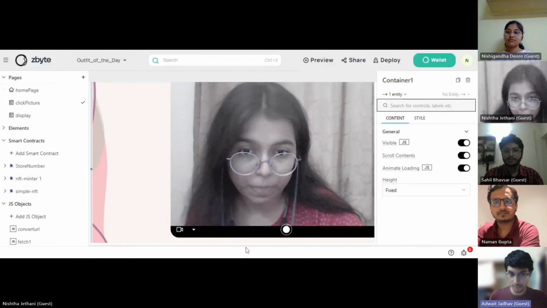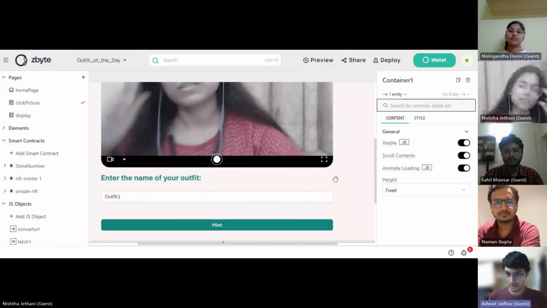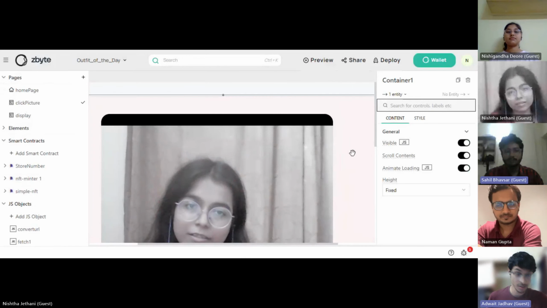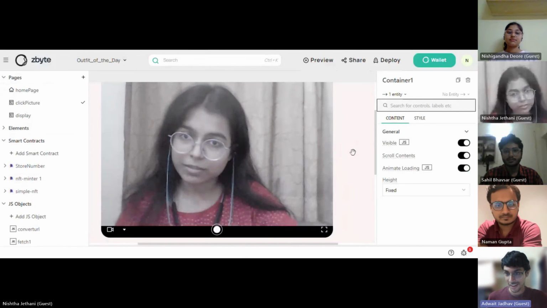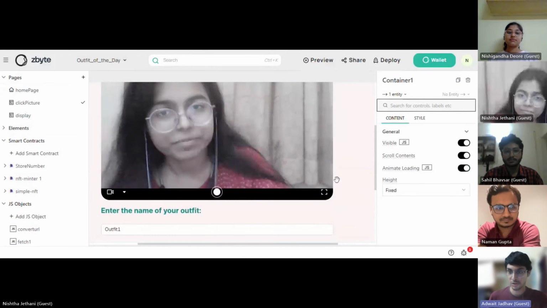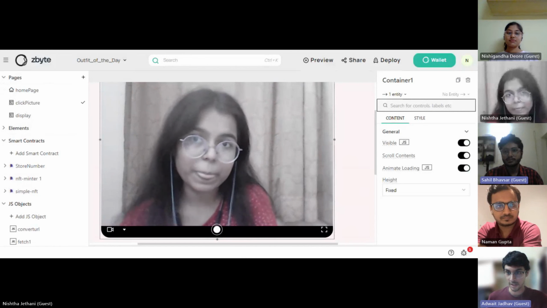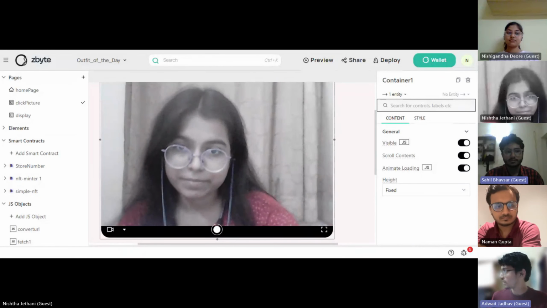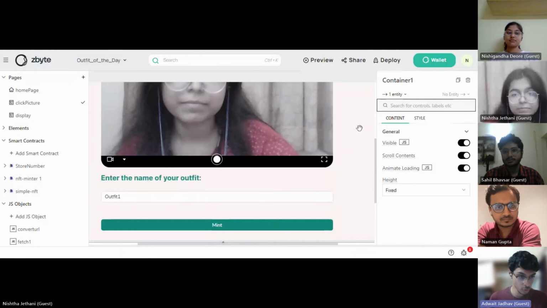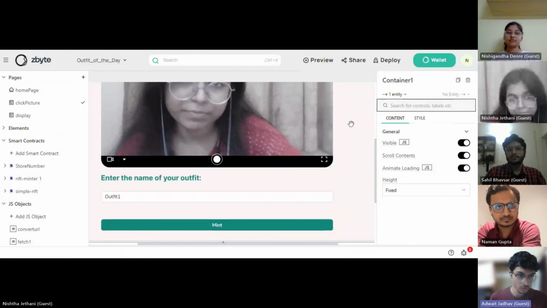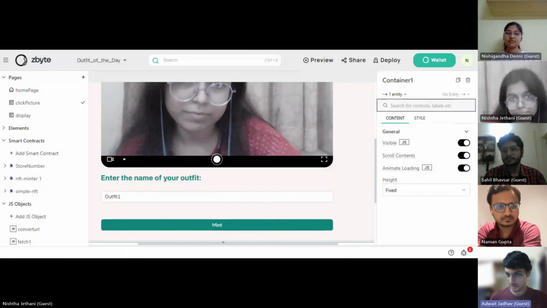Then came the click picture page, which required the most extensive backend of the whole app, which comparatively is not that much compared to how we would traditionally build something like this, right? So zbyte made it very easy for that. There were two main components to it,